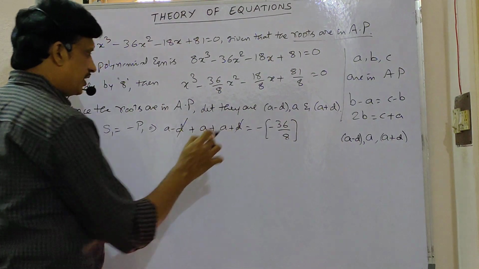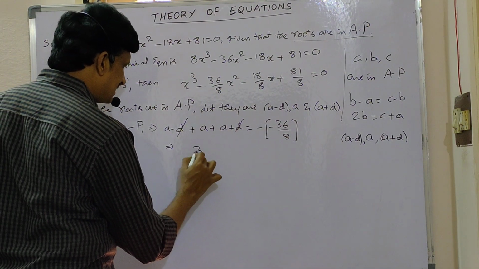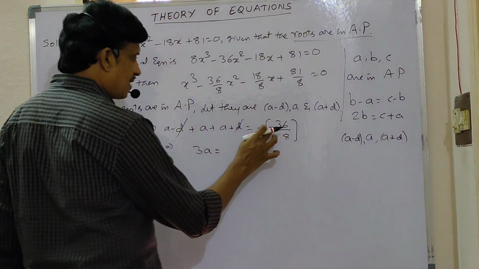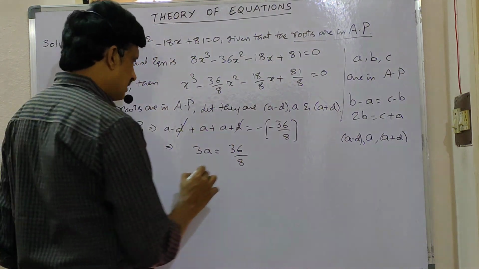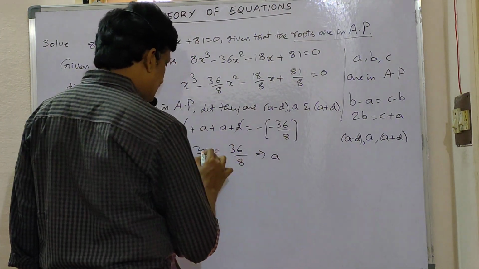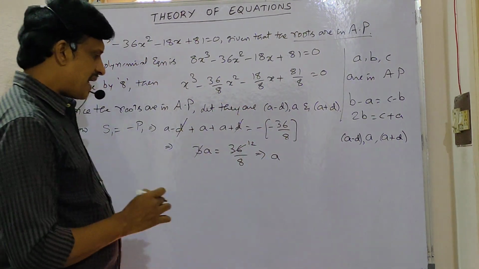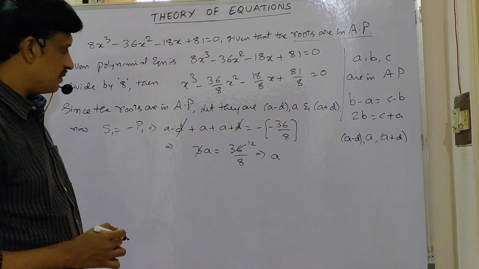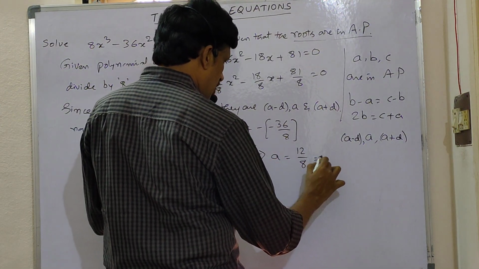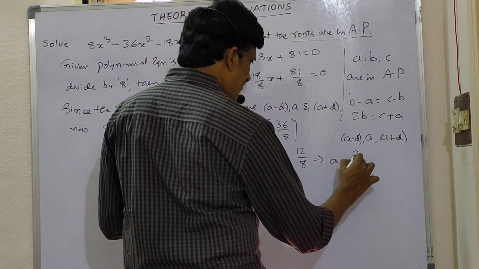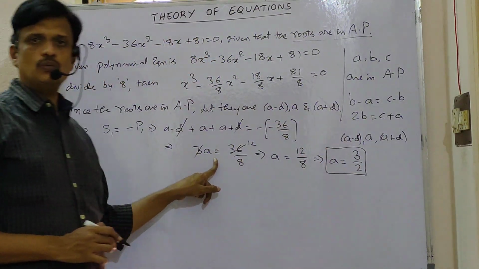Here D and minus D, you can eliminate these two. Then you are getting A plus A plus A, that is 3A is equal to plus 36 by 8. This gives the value of A because this 3 cancels this 36 for 12 times. That gives A is equal to 12 by 8. 12 by 8 means again 4 is the common factor, 3 times and 2 times. So you are getting the required value of A, that is 3 by 2.